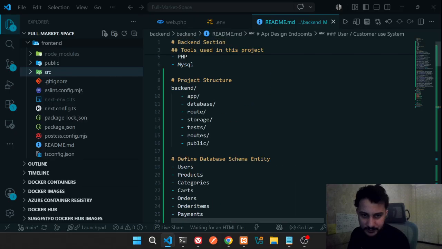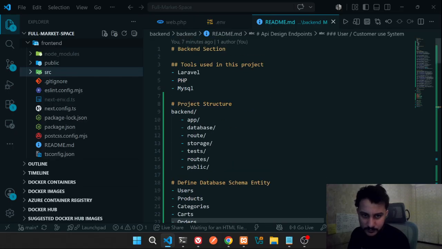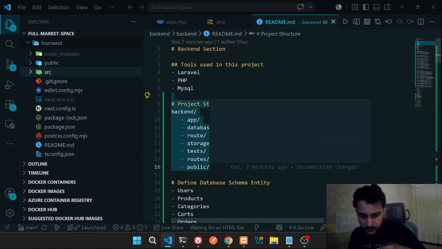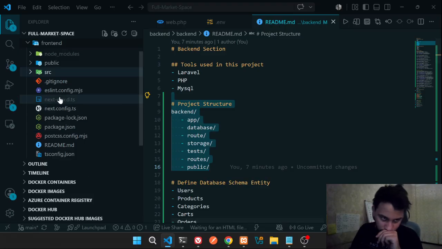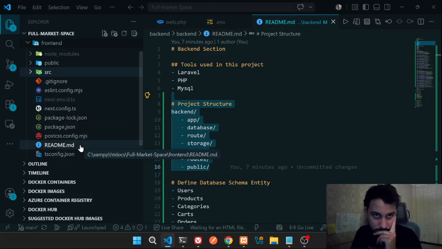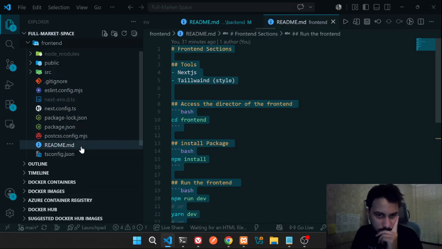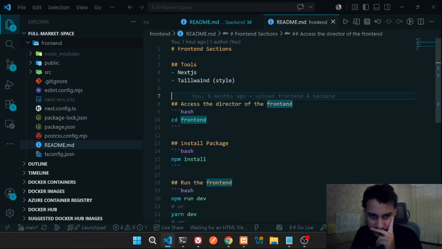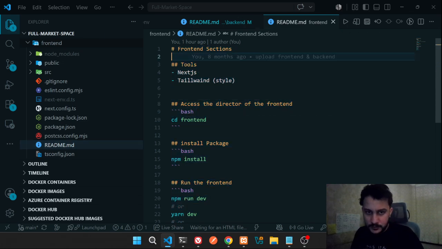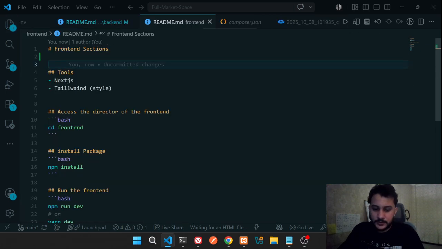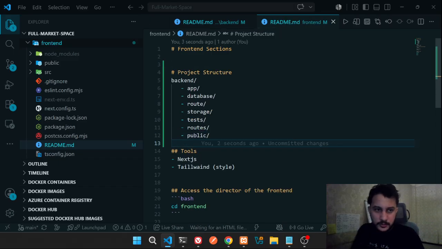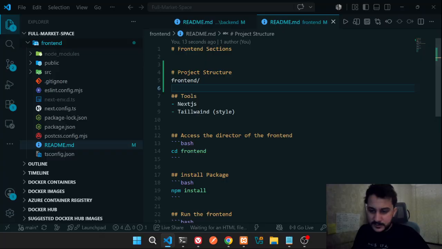I want to just copy the project structure. Okay, so here I want to make the top. So we have front end, and inside